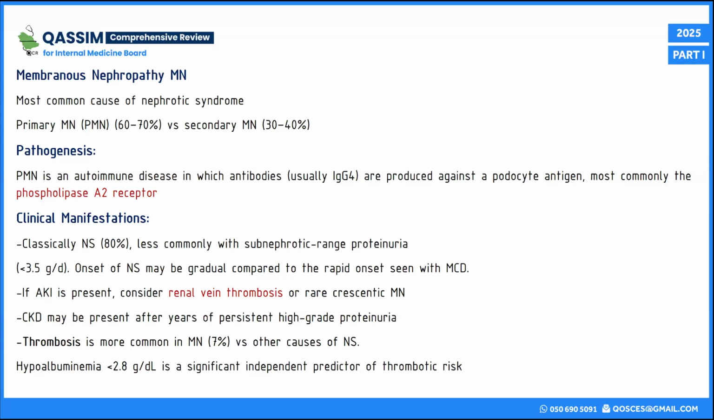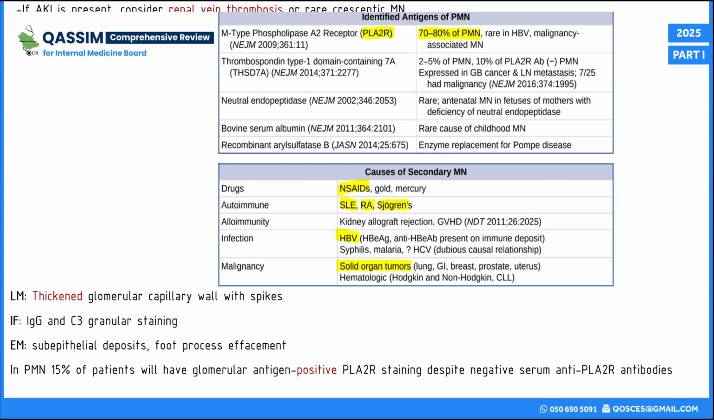What are the clinical manifestations? Same as minimal change and FSGS. The patient will present classically with nephrotic syndrome, so proteinuria. The patient will have a risk of renal vein thrombosis, as we said before. Thrombosis is more common in membranous, 70% compared to other nephrotic syndromes, so we treat the patient even if the albumin is less than 2.8. As I said before, we have